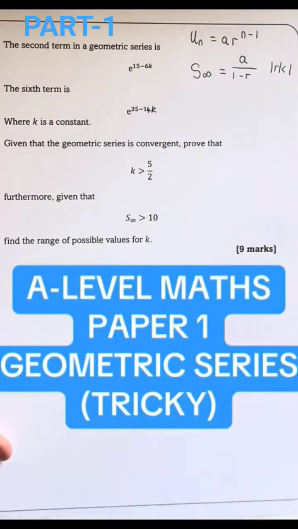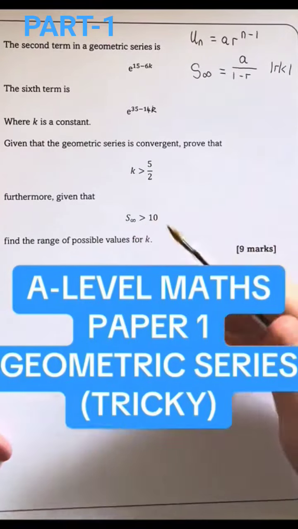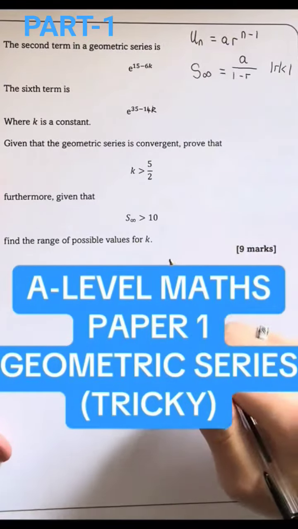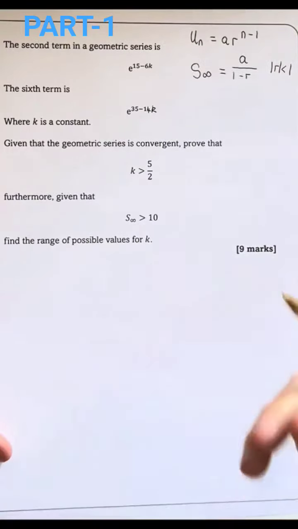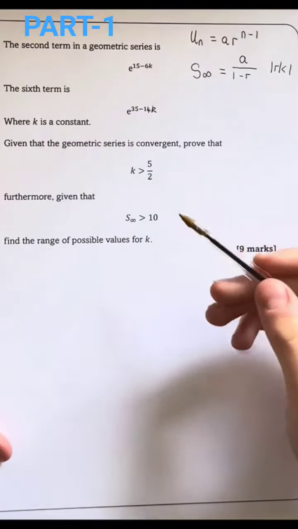A-level math students, can you solve this extremely tricky geometric series question? So we're told that the second term in a geometric series is e to the 15 minus 6k. The sixth term is e to the 35 minus 14k, where k is a constant. We're given that the geometric series is convergent, and we're asked to first prove that k is greater than 5